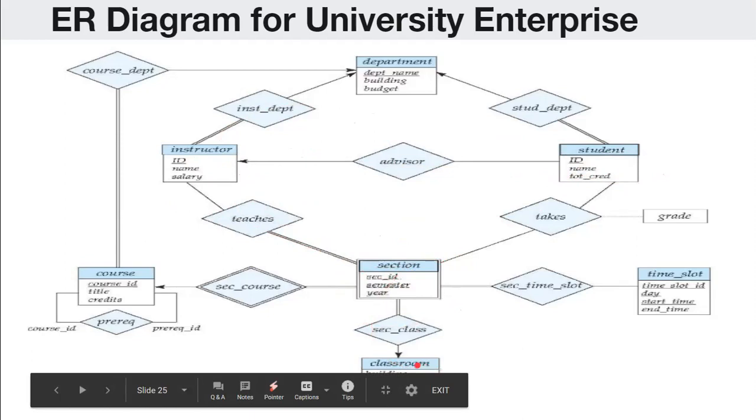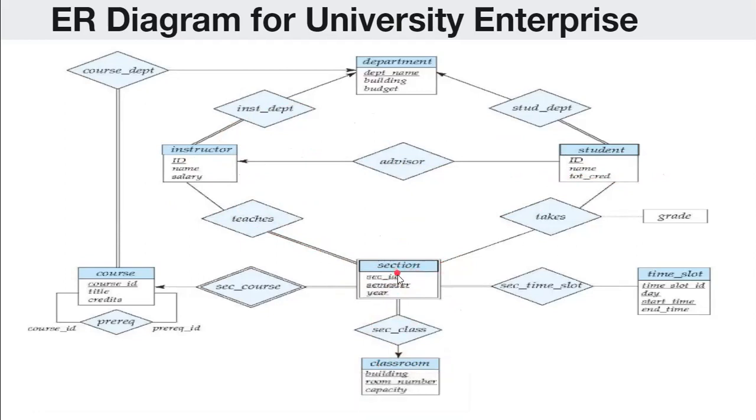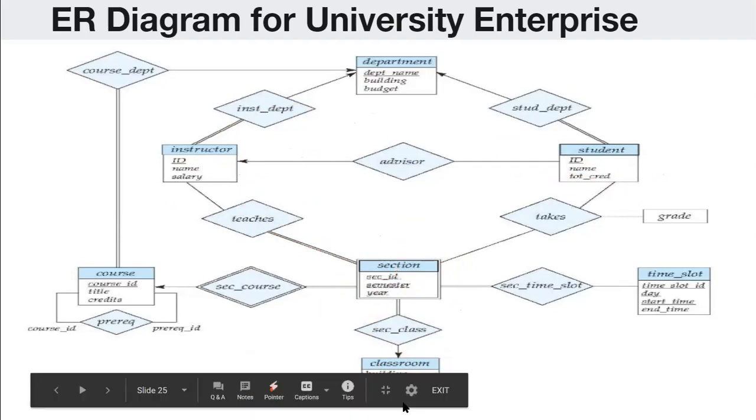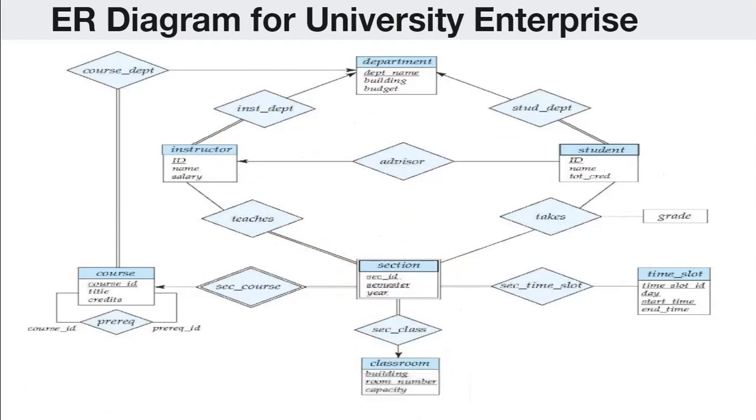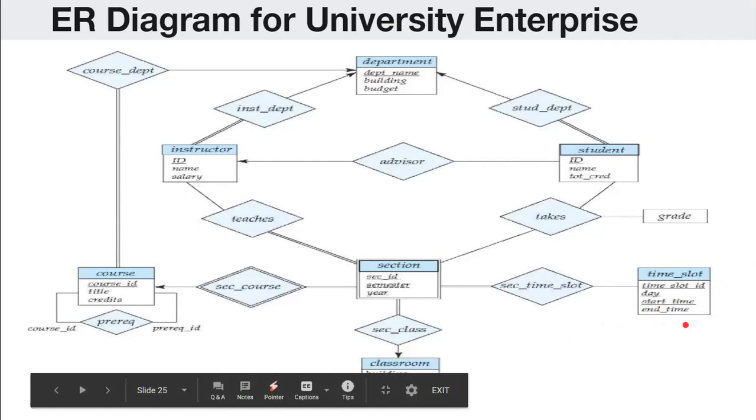At the same time, if classroom is a strong entity, suppose CSC 6th is a class and it has sections ABC. If we write simply ABC, then they will have no existence because the section is dependent wholly and solely on the classroom, because a section can't exist without the classroom here. So next we have time slot. There may be certain timetable values or whatever you can consider.